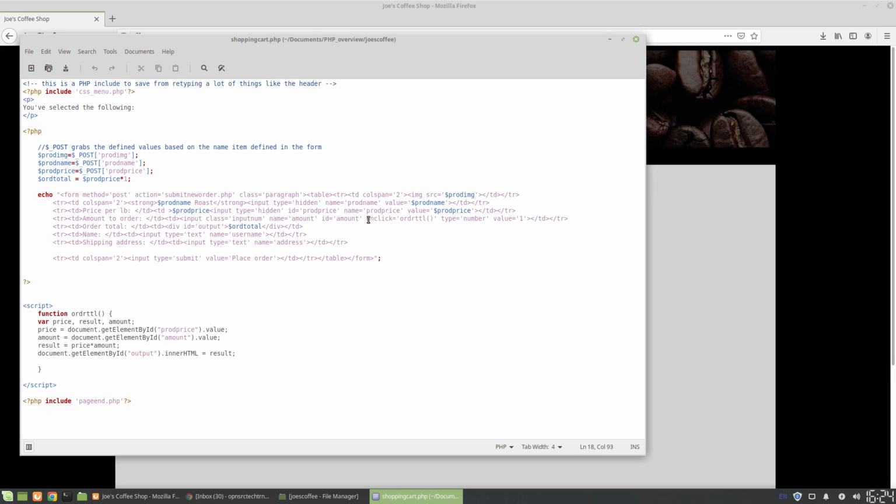And then what we do is we call through JavaScript this onClick function, and we say onClick every time I click the order amount on this input. Every time I click up or down or whatever, please run the JavaScript function order total. Okay, so then that runs this function order total, and that's what allows us to call these values and then